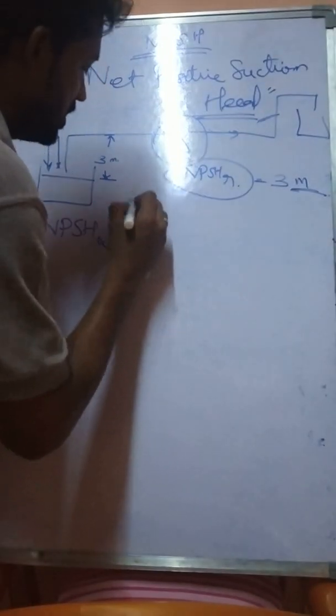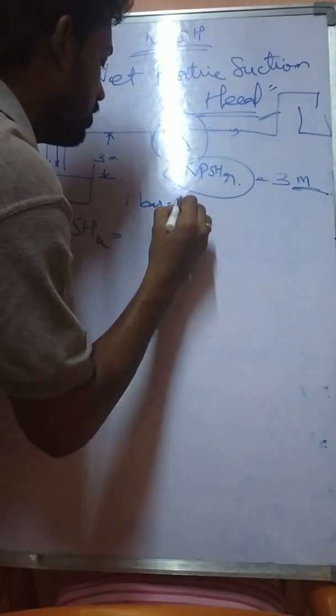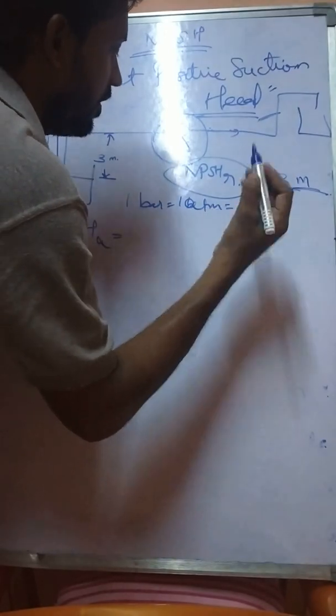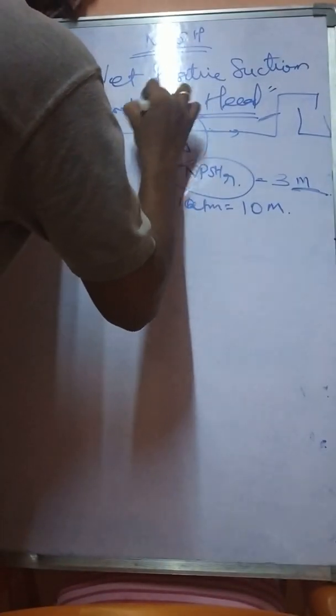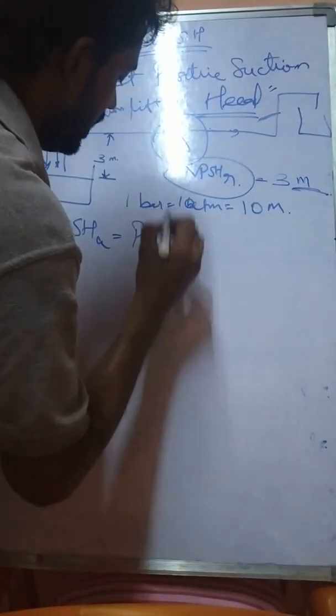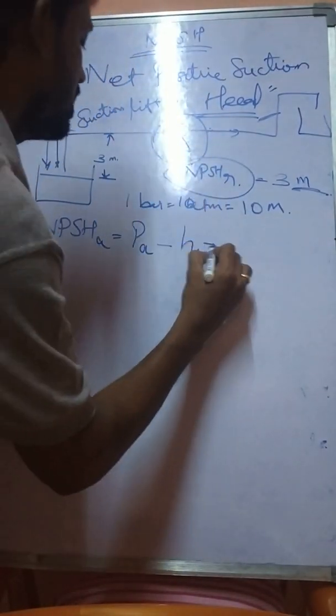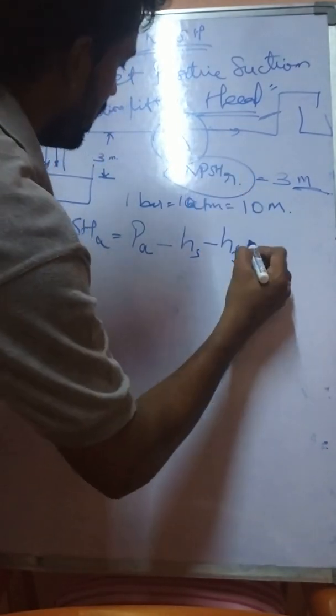You cannot write the units, they should always be in the same unit. So atmospheric pressure is 1 atmosphere, or approximately equal to 1 bar, so that will be equal to 10 meters. First we write down the formula. It is suction lift, so it is lifting the liquid. That's why it is called suction lift. This is the suction lift case. So PA is positive, HS is negative, HF friction will always be negative, and PVP.